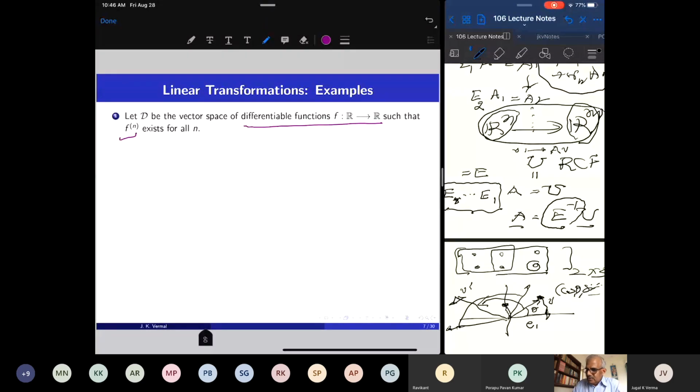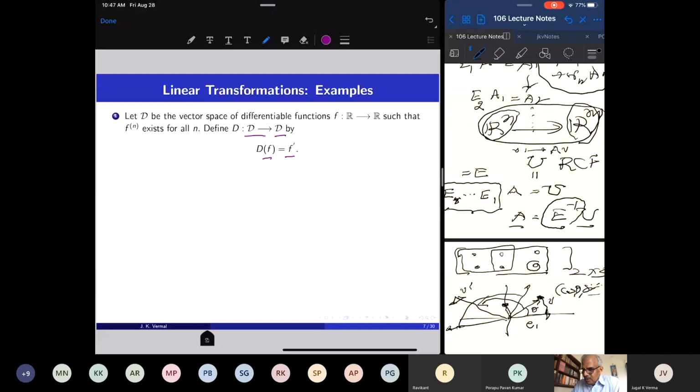We proved last time that if I take e^(alpha 1 x), e^(alpha 2 x), up to e^(alpha n x), where alpha 1 less than alpha 2 less than alpha n are any distinct real numbers, then these functions are linearly independent, and they are differentiable to any possible order. On this vector space of functions which have derivatives of all possible orders, we apply the map which takes a function and maps it to its derivative. If f has derivatives of all possible orders, f prime also has derivatives of all possible orders. So differentiation is a map from D to D.